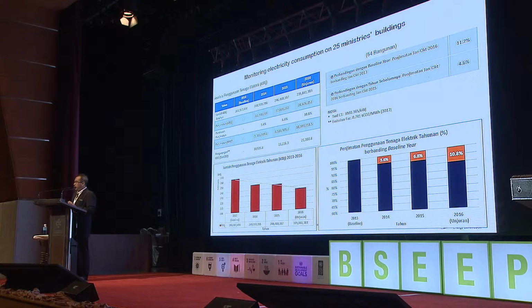Okay. Also in the government buildings, currently we are using just Microsoft Excel to get all this data. Yes, we monitor 25 government ministries based on 2013 data, and in 2013, the government came up with a regulation, some sort of circular, wanting them to reduce their aircon temperature to only 24 degrees Celsius.